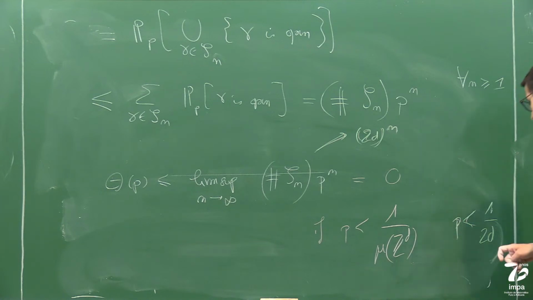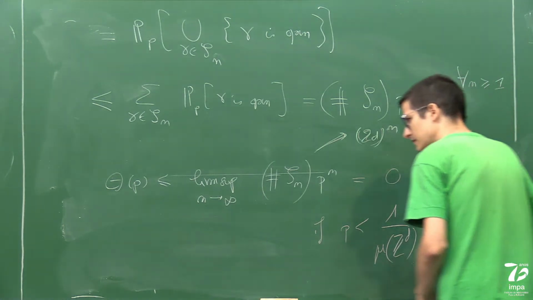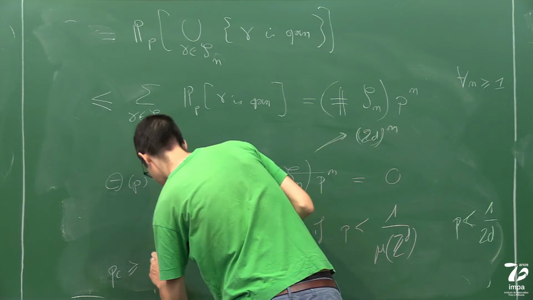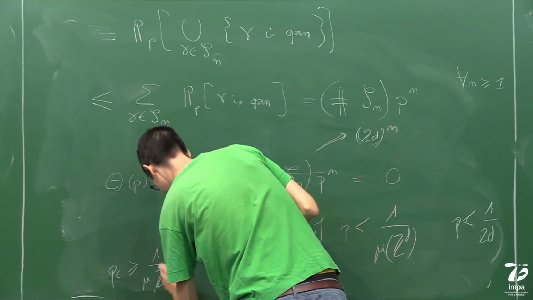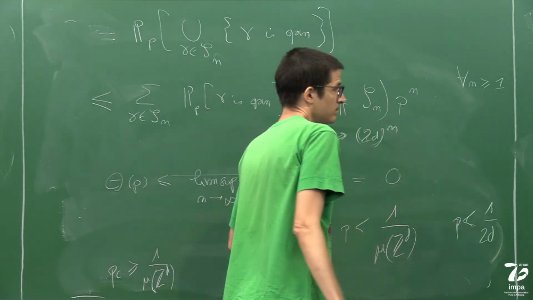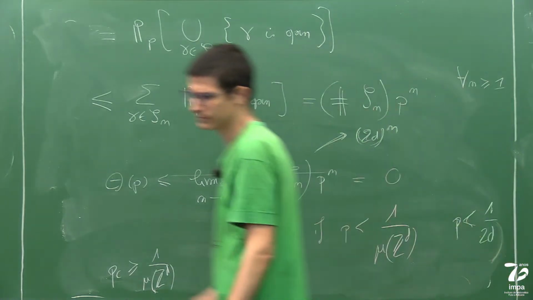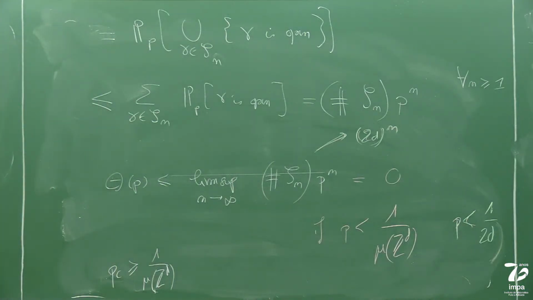Okay, so this gives us that p_c has to be larger than 1 over mu of Z^d. Okay, and so any questions so far for step 2? Okay,